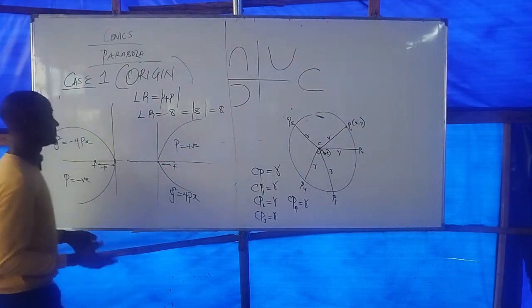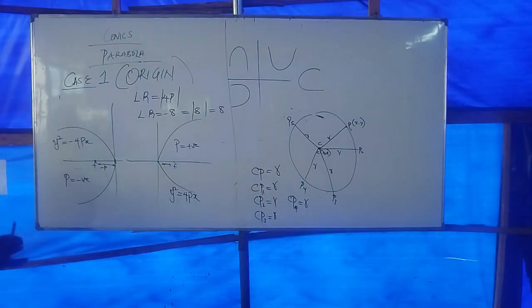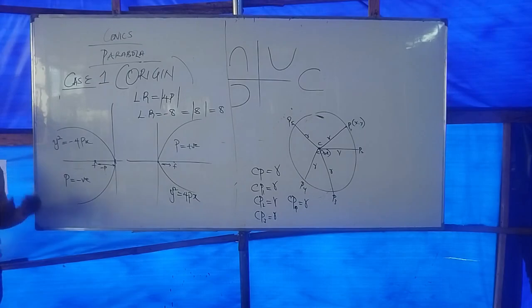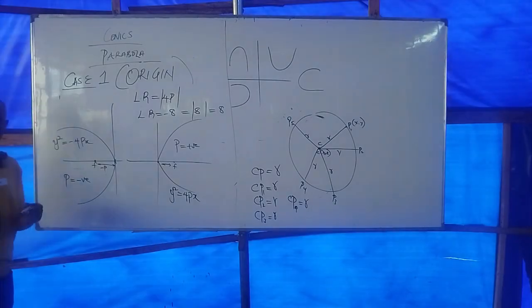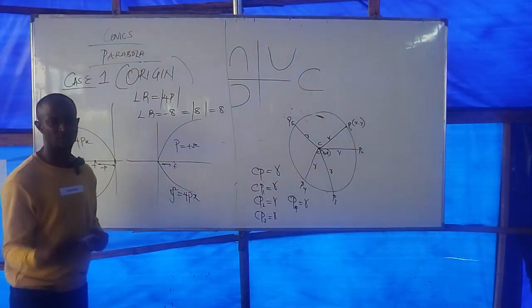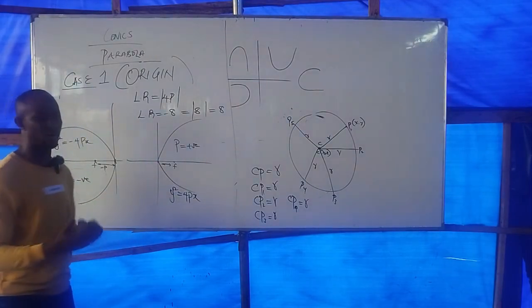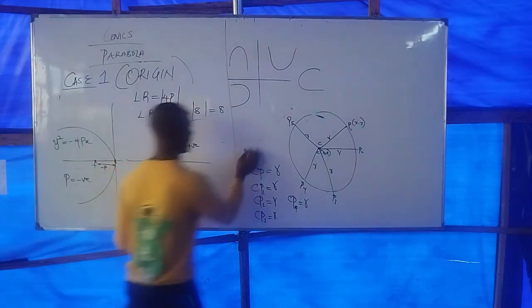Are you following? Okay. Now we have seen a parabola at the origin. Let's consider when the parabola is not at the origin. When it's not at the origin, that means the parabola has its vertex away from the origin. You know, when the parabola is at the origin, that means the vertex is simply 0, 0. Please take note that